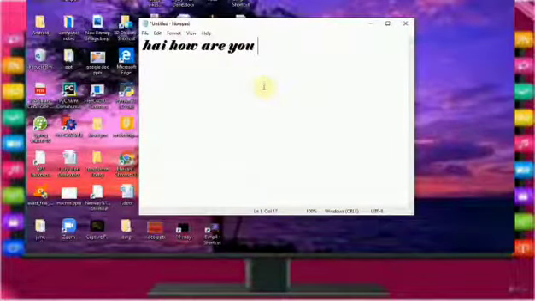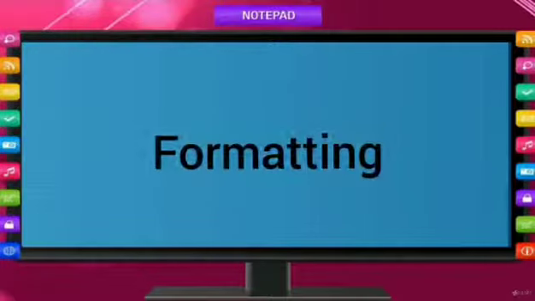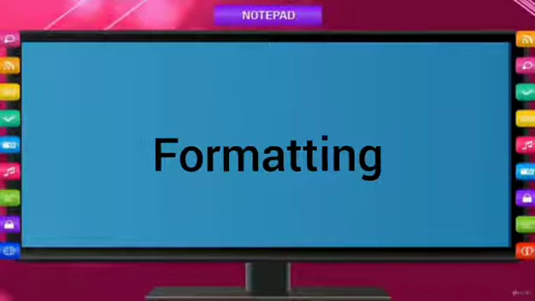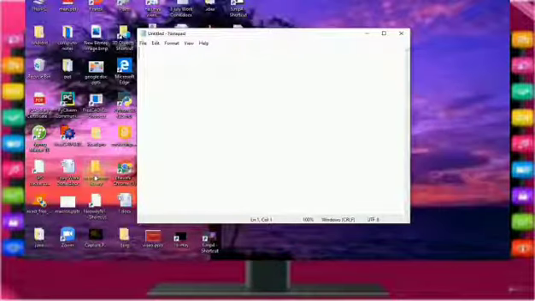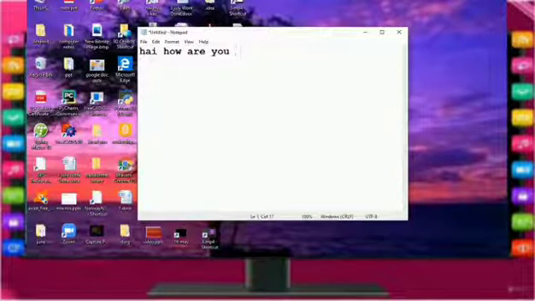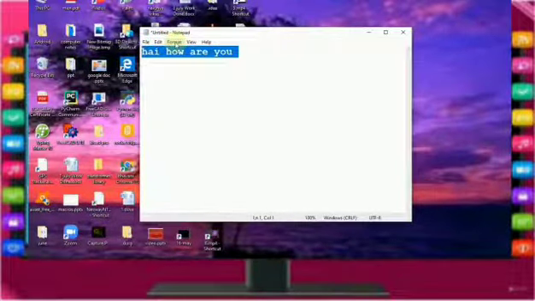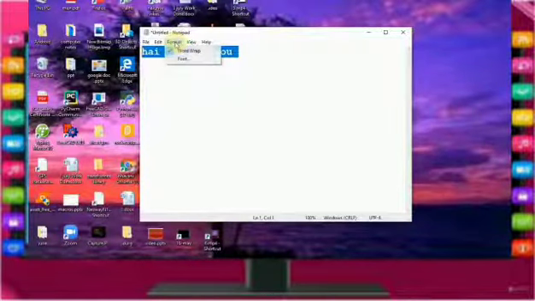Selecting text. To select a single word, double click the word. Formatting. Changing the look of the text is called formatting. If you want to change the text font style, you need to select the text. Now go to Format.